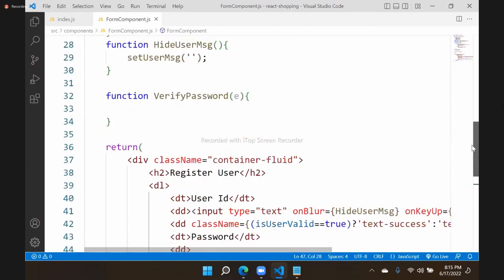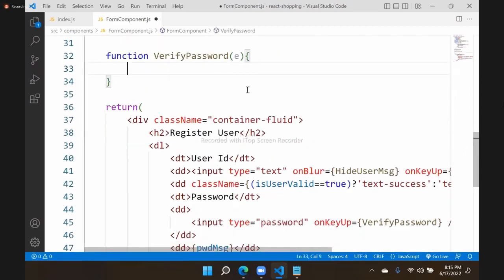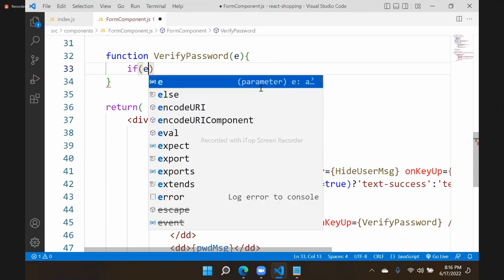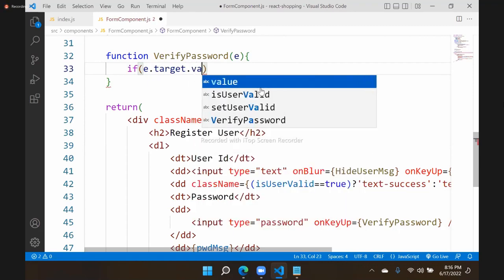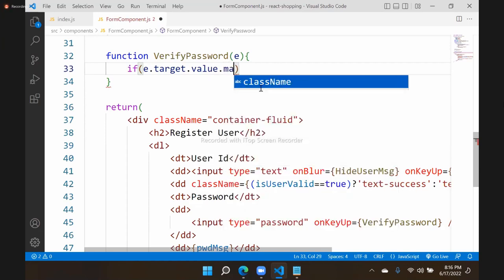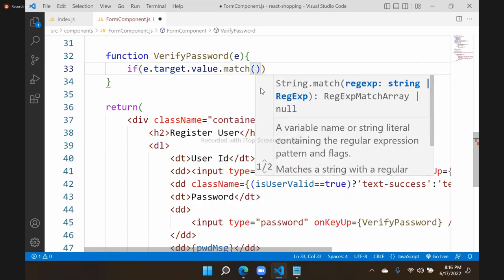And what is the message? Here I am writing onKeyUp. So how do we write? I hope you learned regular expressions, right? How do we write a regular expression and verify it? Actually, we can directly define it like this. So if e.target.value, that means whatever value you are typing, dot match. I hope you know that match is a